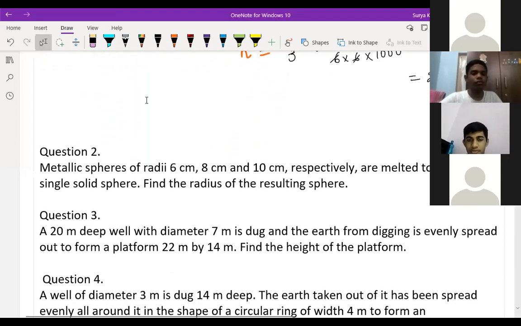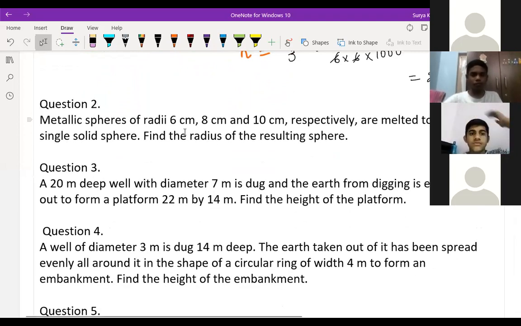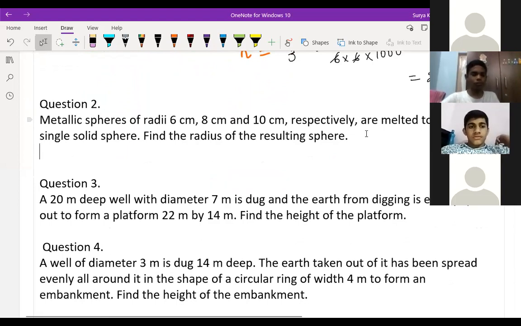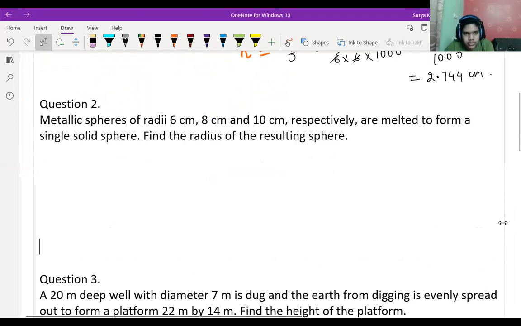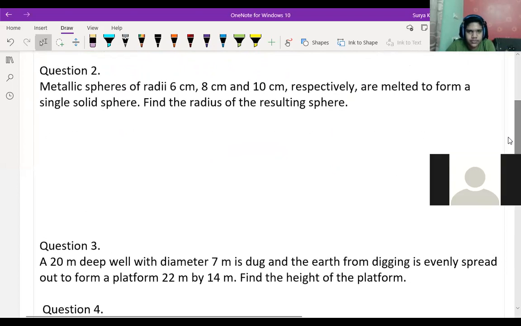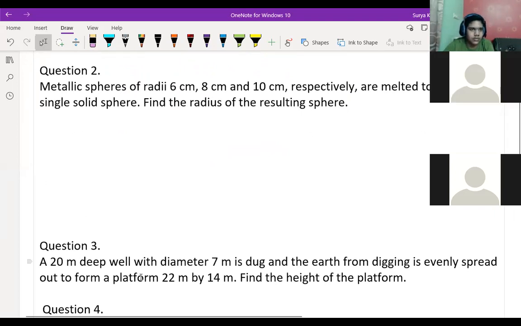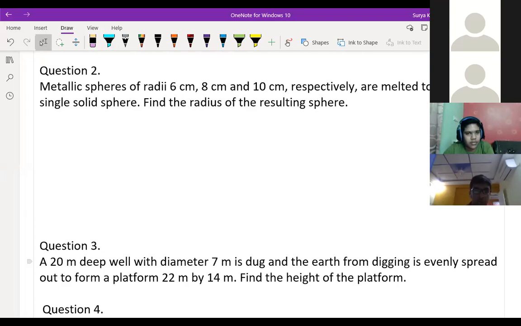So question number 2. You people are having a network problem or what? Leaving the meeting, coming back. Why is the network problem coming? Yes, sir. Rasul, Praharshan, you people are not turning on the camera. Sir, I turned on my camera, but the footage just got stuck. Javian and Rasul, I can see Rasul now.